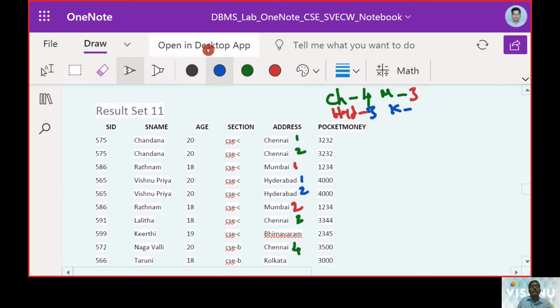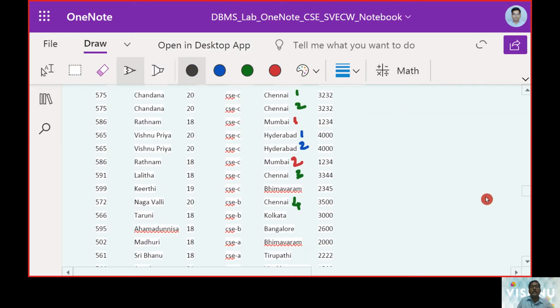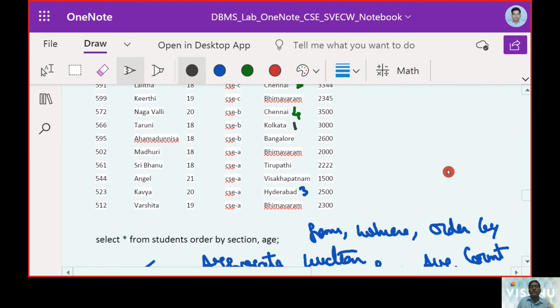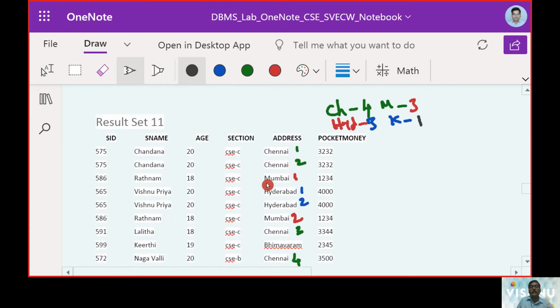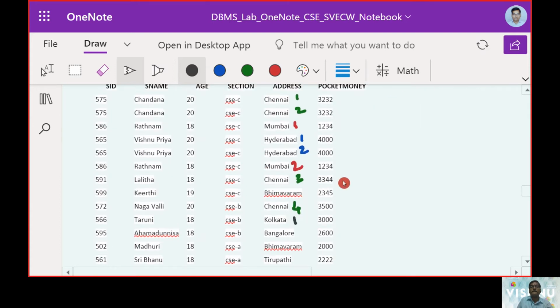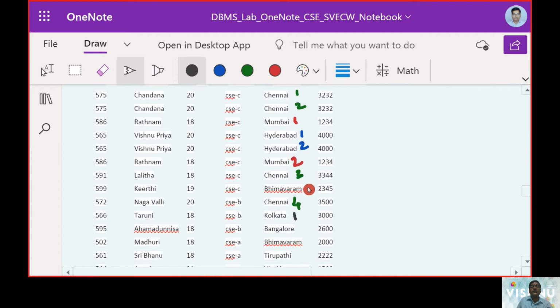So the total number of addresses for Kolkata is again 1. So Kolkata addresses are 1. Then check up with this value Bhimavaram. So it is 1.